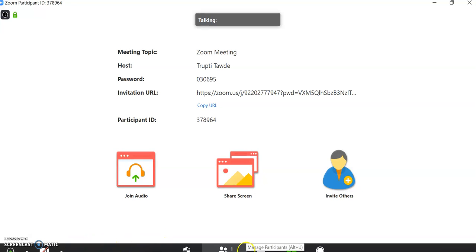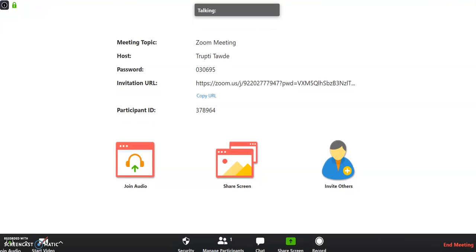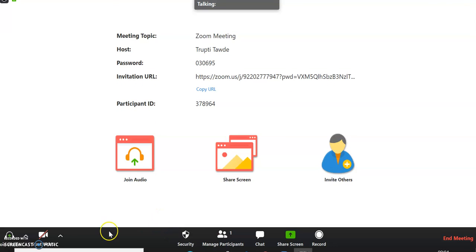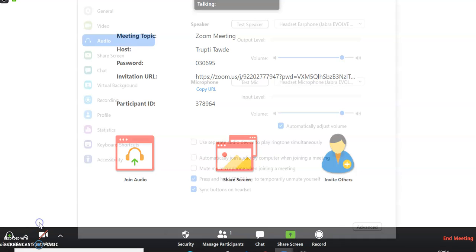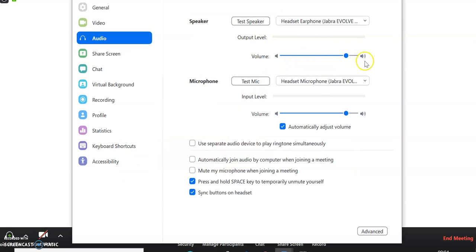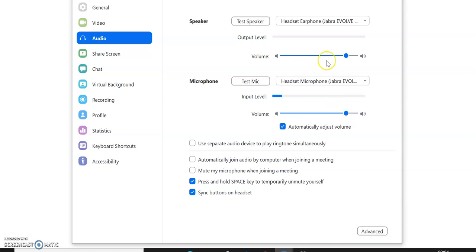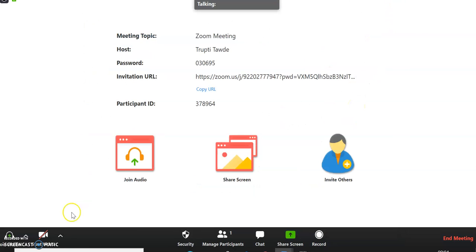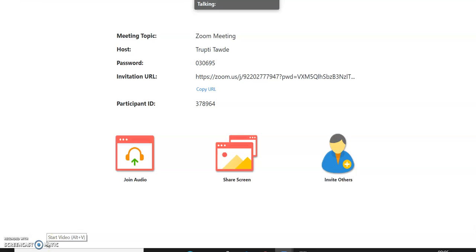If you see at the bottom of the screen, there are options for setting the audio. Here you can select the audio setting, and the output and the input level you can set according to your requirement. Then there is an option to start the video. You can conduct the meeting with video or without video.